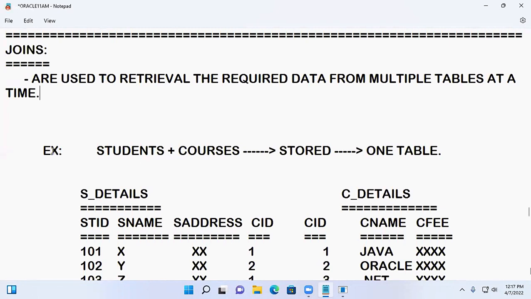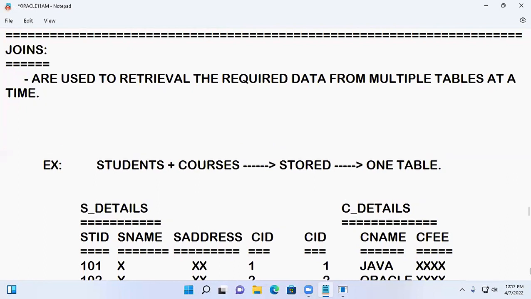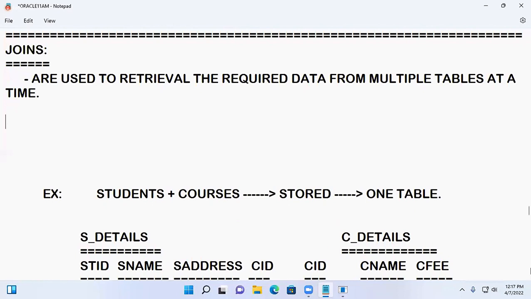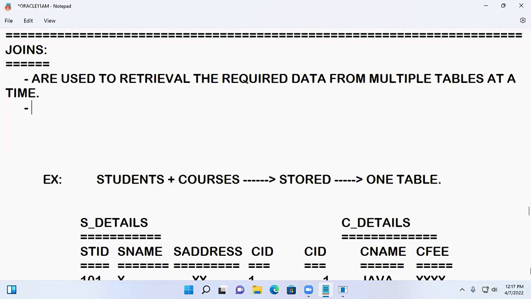Okay. So this is the purpose of joins. But with these joins, observe, I can write my join statements in two ways. The join statements can be written in how many ways? Two ways. Write down: join statements